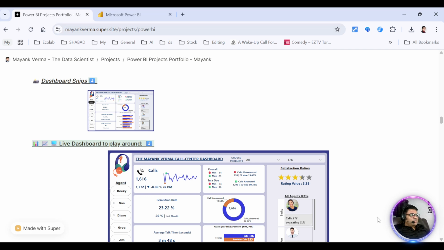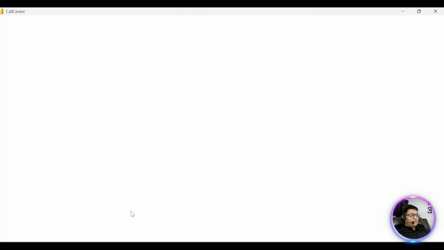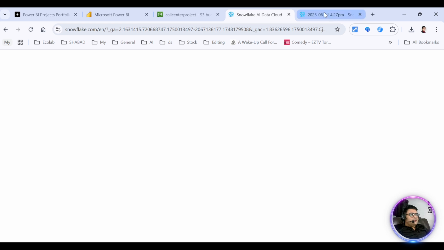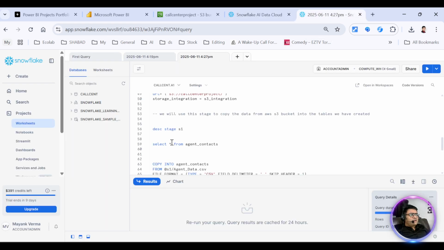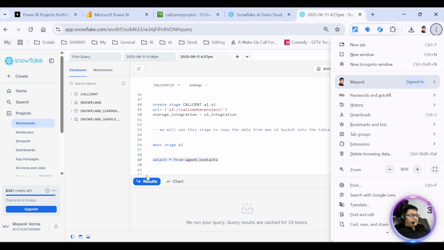Let's quickly jump to the backend section. We have the dashboard open, where all the magic happened. I'll quickly show you the transform data, and I also have my AWS account open, where I have the agent data and the call center data. I uploaded the CSVs here, and on Snowflake I got this here. If I quickly run this,